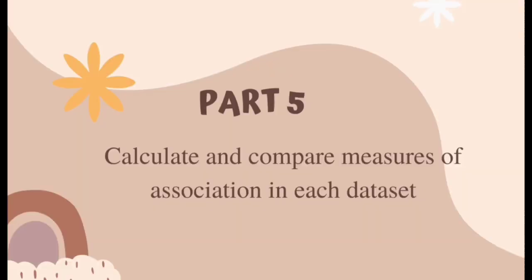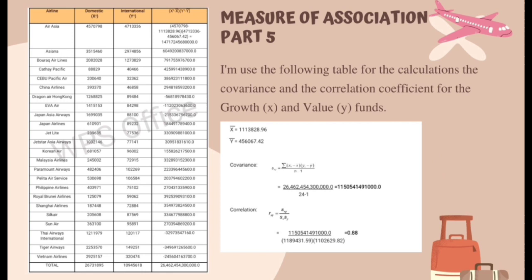In this case, I will discuss part 5, which is to calculate and compare measures of association in each dataset. I use the following table for the calculation of the covariance and the correlation coefficient for the growth X and value Y funds. Before we calculate covariance and correlation, we need to know the X bar and Y bar, and I already calculated them: X bar is 1113828.96 and Y bar is